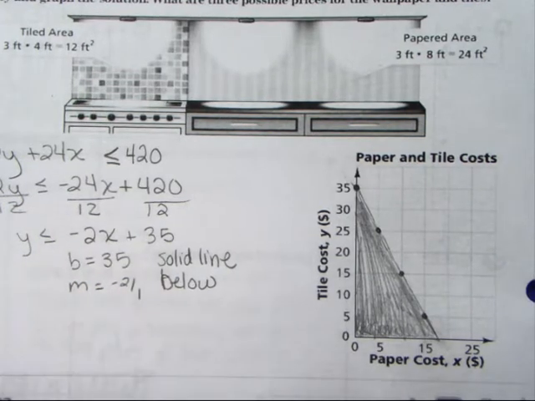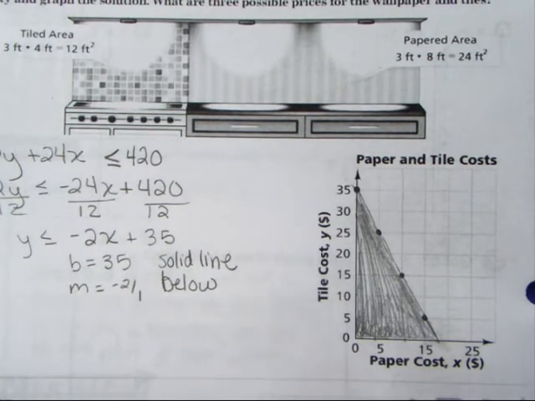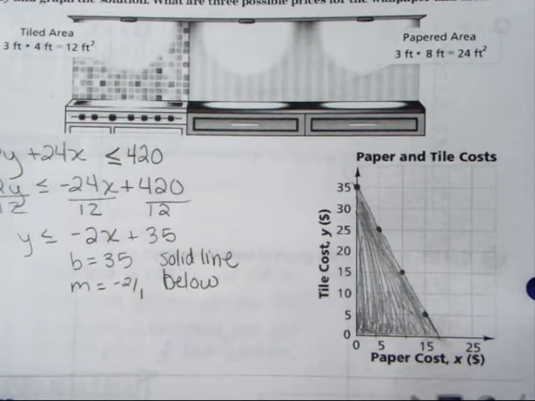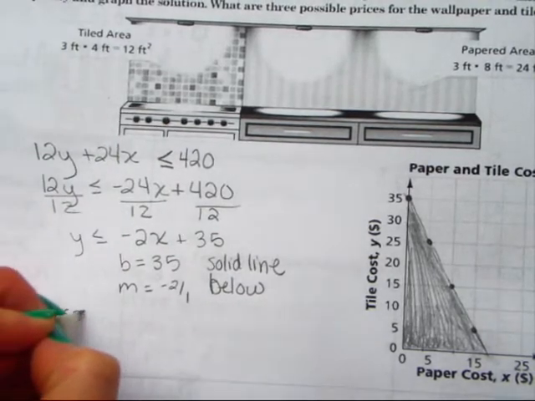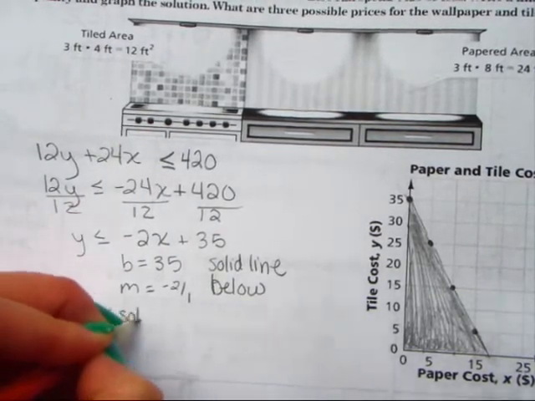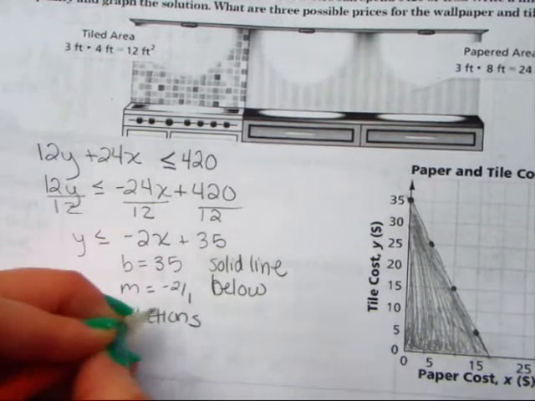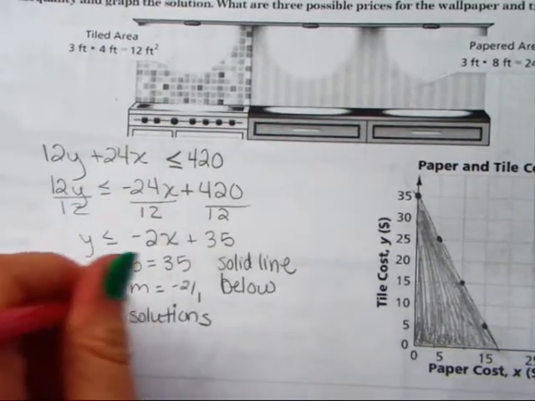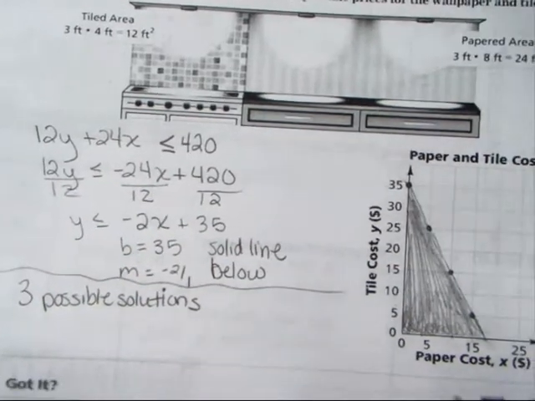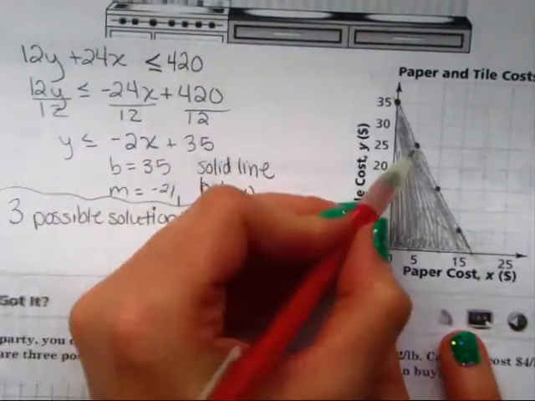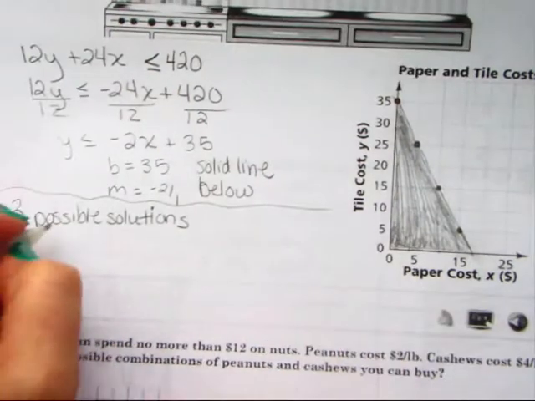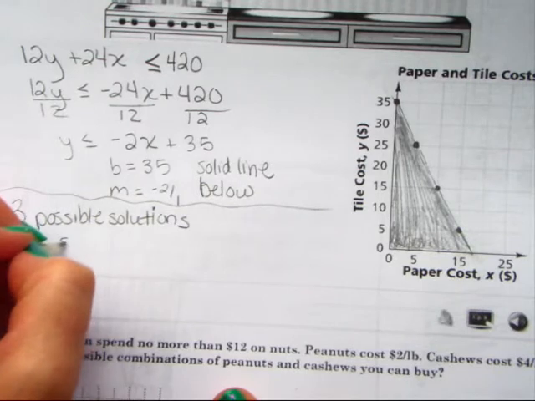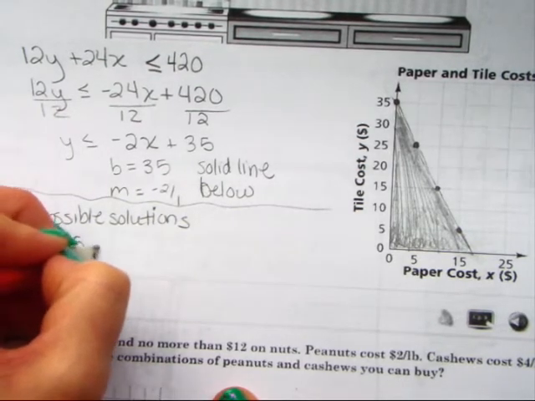Okay? Now, they also asked us in this problem to list 3 possible solutions. Well, we can list anything that is either, so we're going to write 3 possible solutions. Okay? 3 possible solutions are either A, anything on the line, or B, anything in the shaded area. So for example, see that point right here? Since it's on a solid line, it's a possible solution. So I'm going to say one possible solution is $5 per square foot